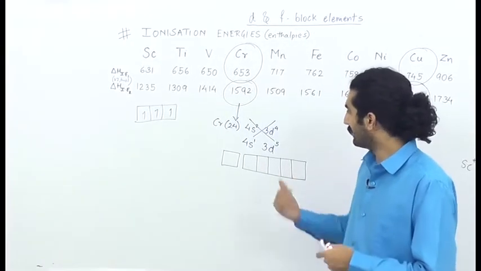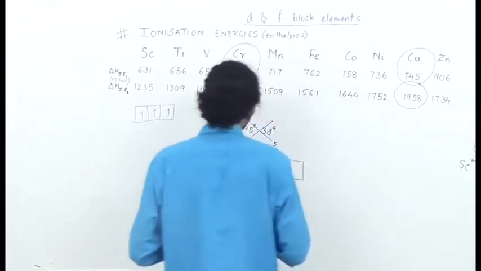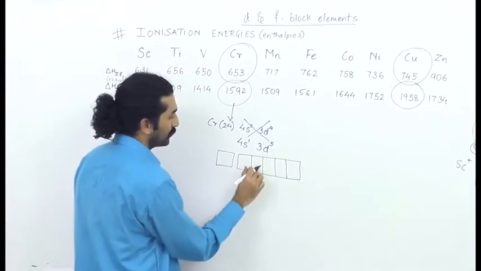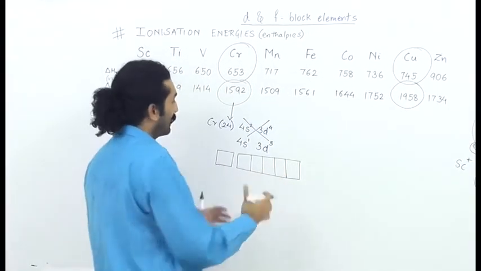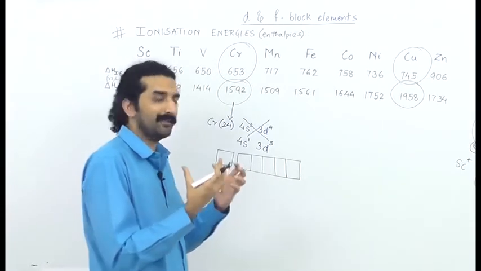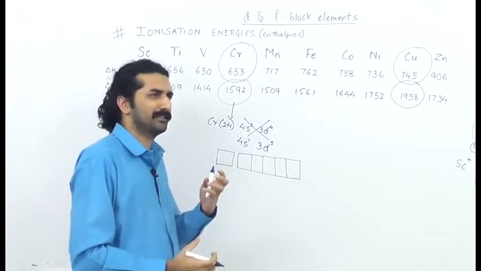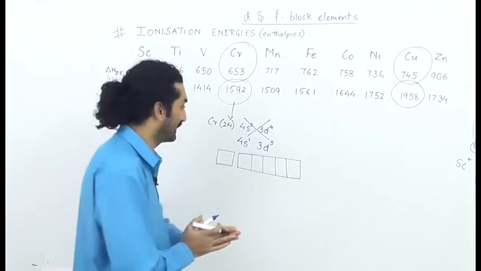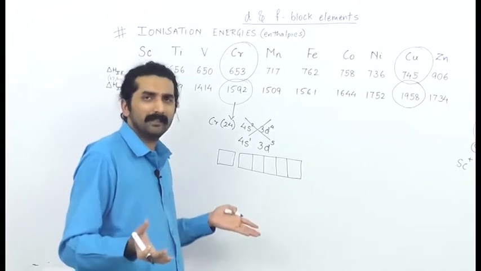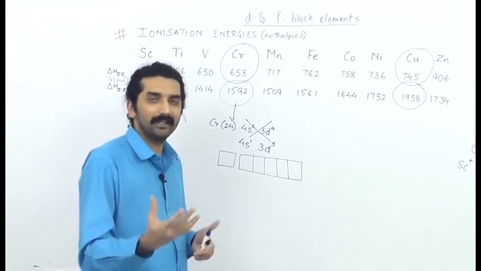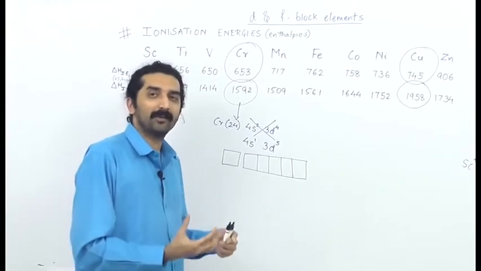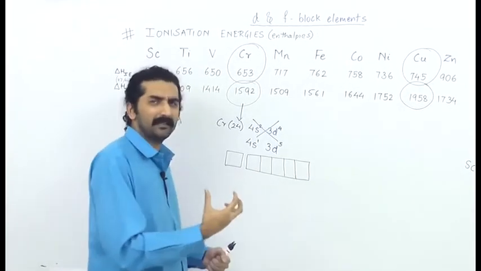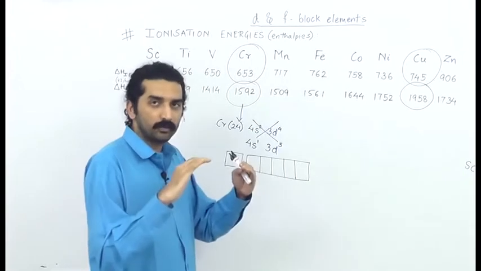So on similar lines, that is what happens here when I consider chromium. Ideally it should have 2 electrons here and 1, 2, 3, 4 here, but then chromium, think of the chromium atom as a human being, right? Human beings are greedy, so why not? Even atoms are greedy, right? It would want more stability. When I talk about greed, I don't talk about money. I'm talking about peace and stability. Every atom needs that. Every atom wants to relax.